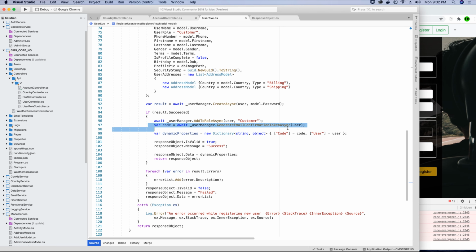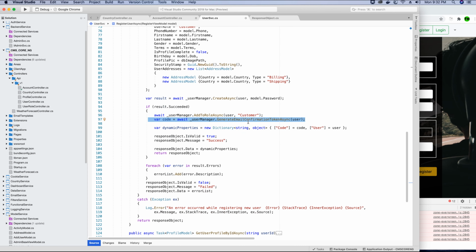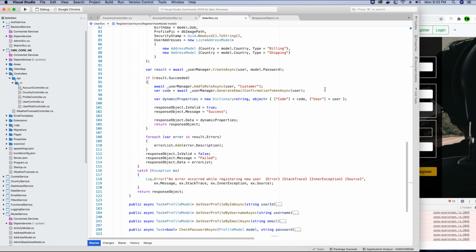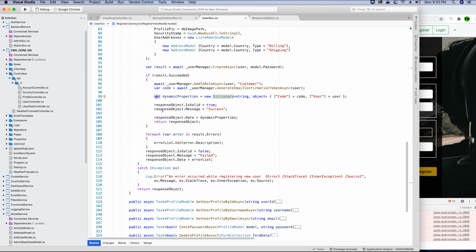Then we will create a confirmation code using the generate email confirmation token. This is also an inbuilt method of ASP.NET Core Identity User Manager. So we can call this method to generate an email token for the specified user, and then we will create